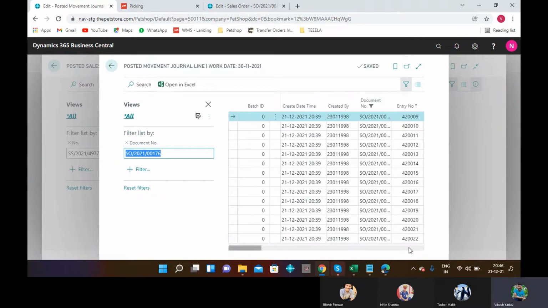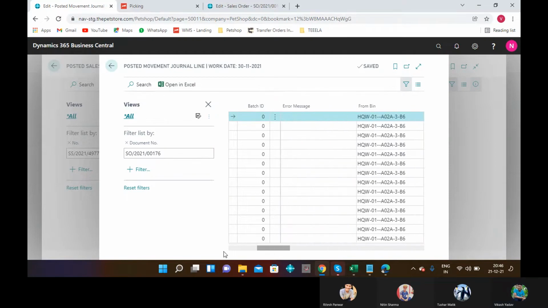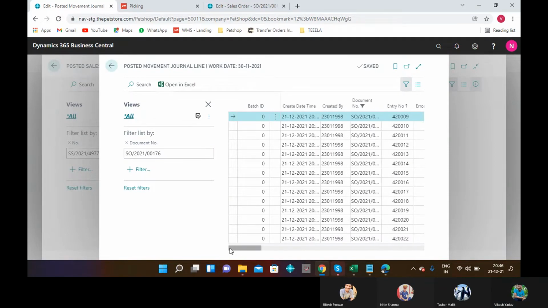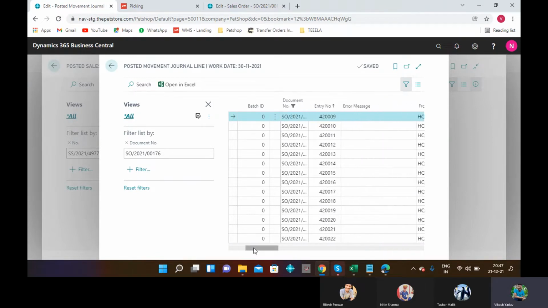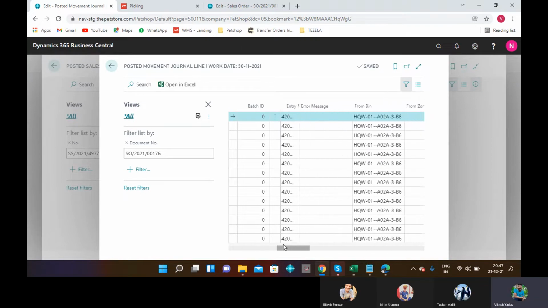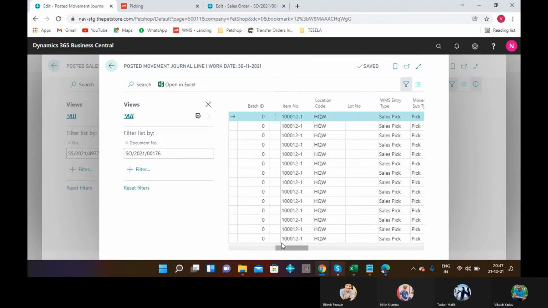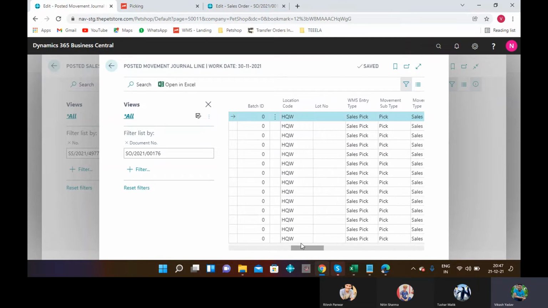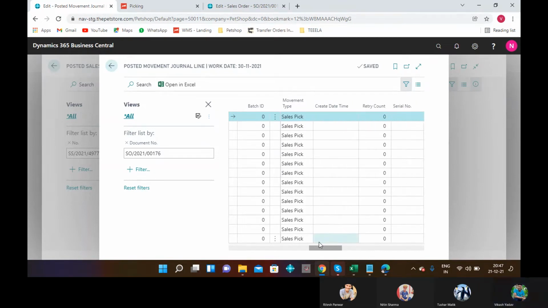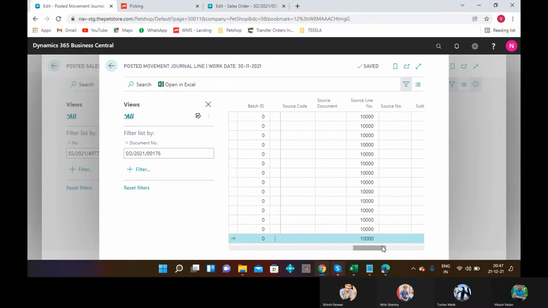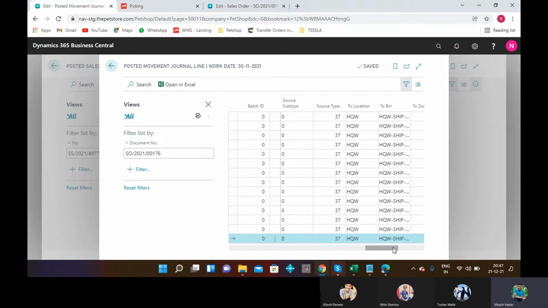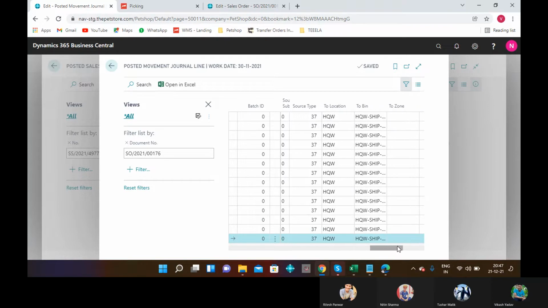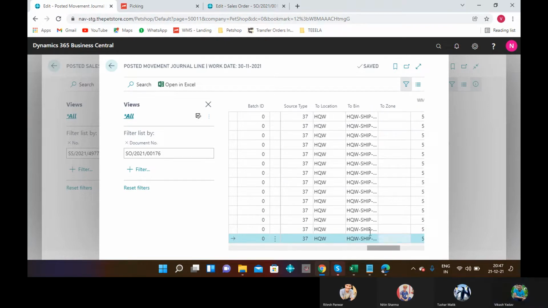Enter our document number: created by document number, entry number, from bin, item number, location, pick, sale pick, source line, subline, location to bin shipment, location to bin.